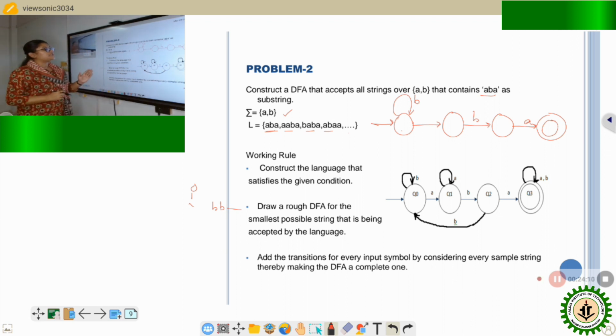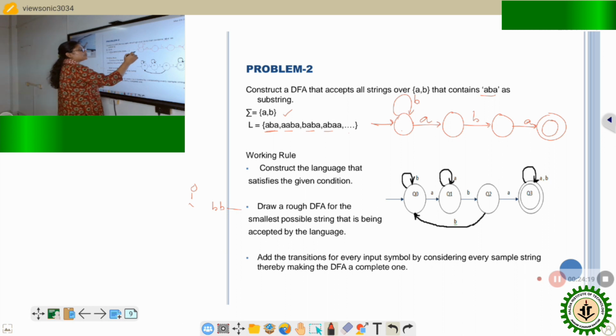That means I am waiting in the initial state for whom? For an ABA. Now, is this state complete? Yes, because for this state I have marked for A and for B both. Now, if I want to reach the second state, that means I have already seen one single A in the string. Now, if I want to move ahead, or rather if multiple A's come, that means 3 or 4 or 5 A's,